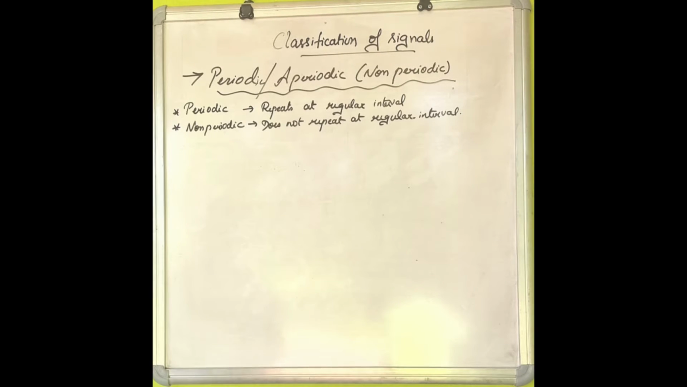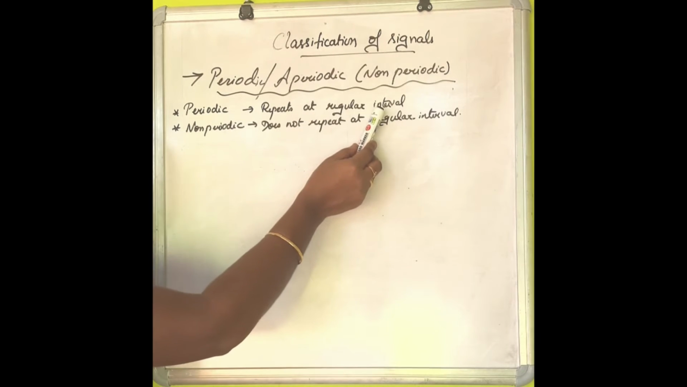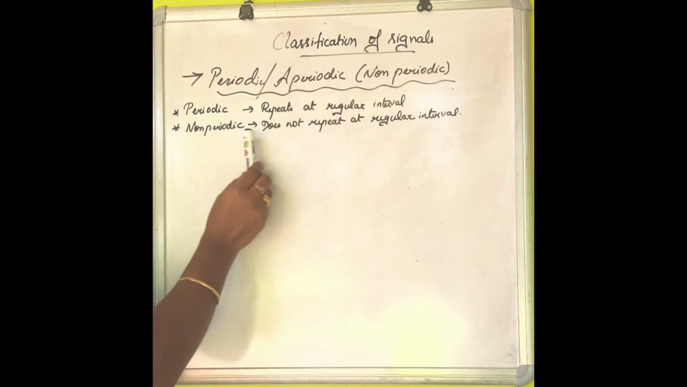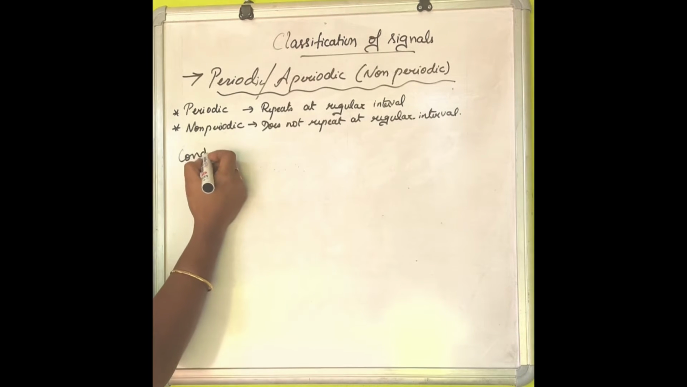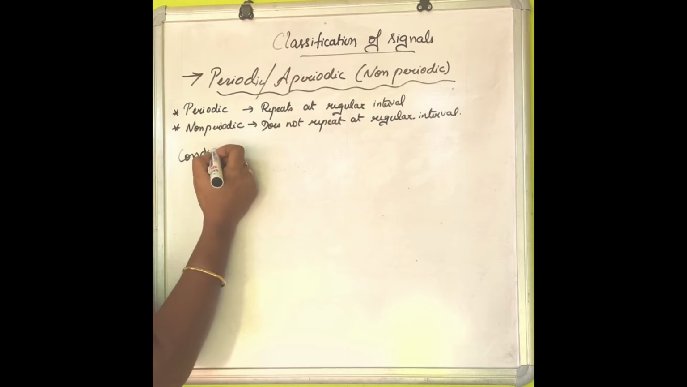Classifications of signals. Under the classifications, we have periodic and aperiodic, even and odd signal, continuous and discrete signal, analog and digital signal. So first we are going to see periodic and aperiodic. A signal is said to be periodic if it repeats at regular interval, and non-periodic if it does not repeat at regular interval. Let's see the conditions for periodic